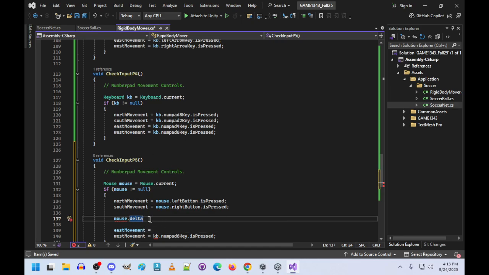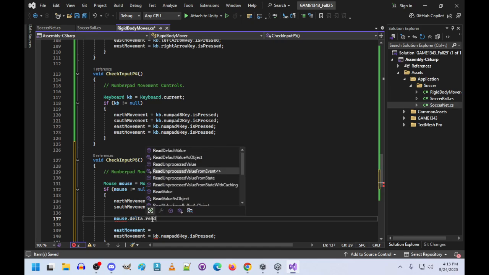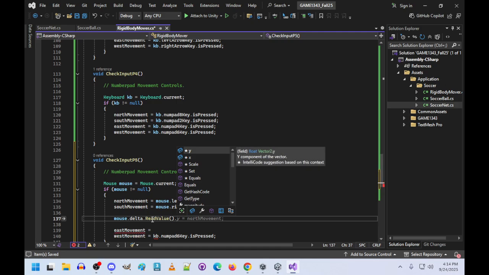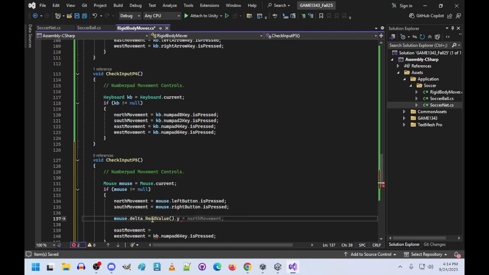So when you see an input control, system.control, we're going to need a read value. And we're going to use Y. If that's greater than 0,